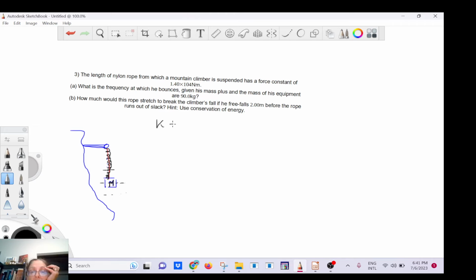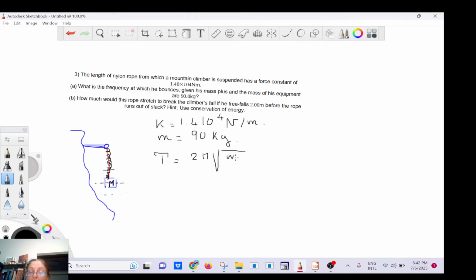So the spring constant here is very large. Okay, so it's good. That means it cannot oscillate too fast. That's going to decrease the period. Because that doesn't seem very safe if you go up and down very quickly. So that's going to be in Newton per meter. And then the mass here, M equals 90 kilograms. So the period about that position here, again, is given by the equation 2 pi square root of the